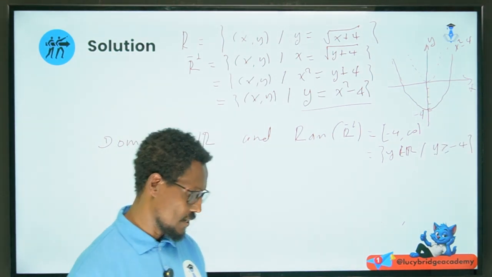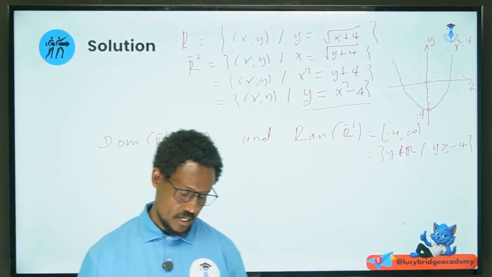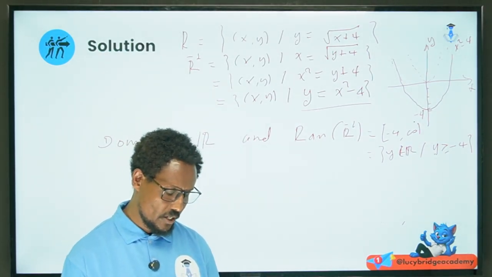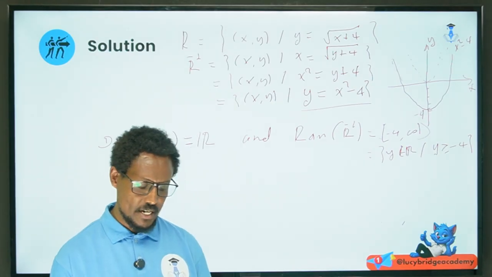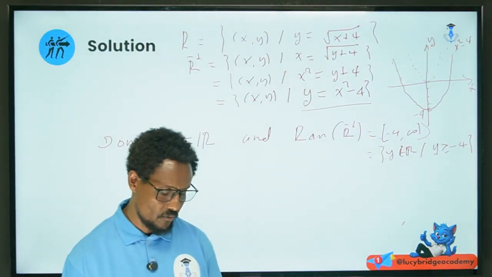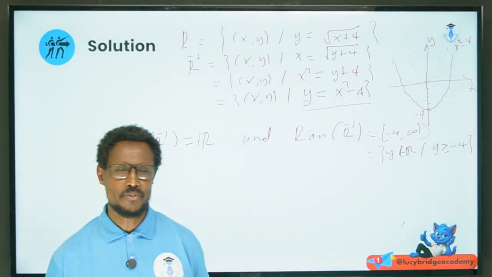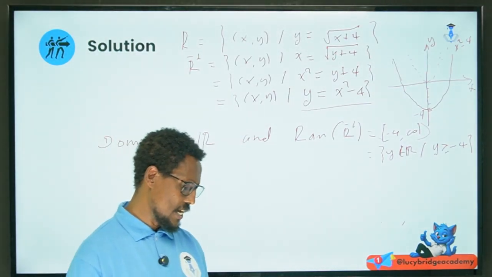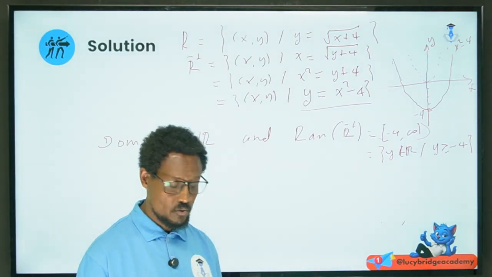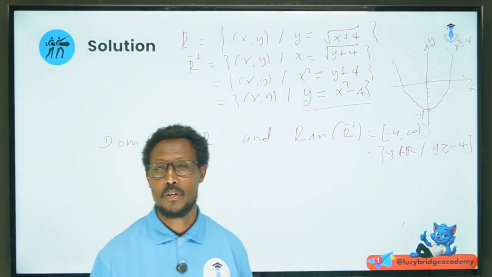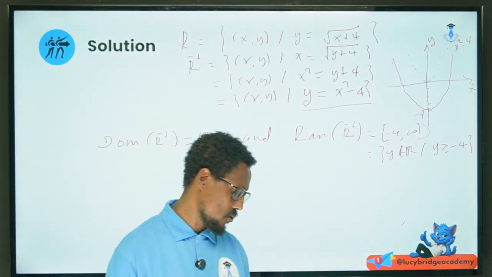The range, both of them are the same, okay? We use interval form, which is negative 4 to infinity, closed at negative 4. y greater than or equal to negative 4 is the inequality form, right? So anyway, the range of R inverse is y greater than or equal to negative 4, or above negative 4. Good. Now,